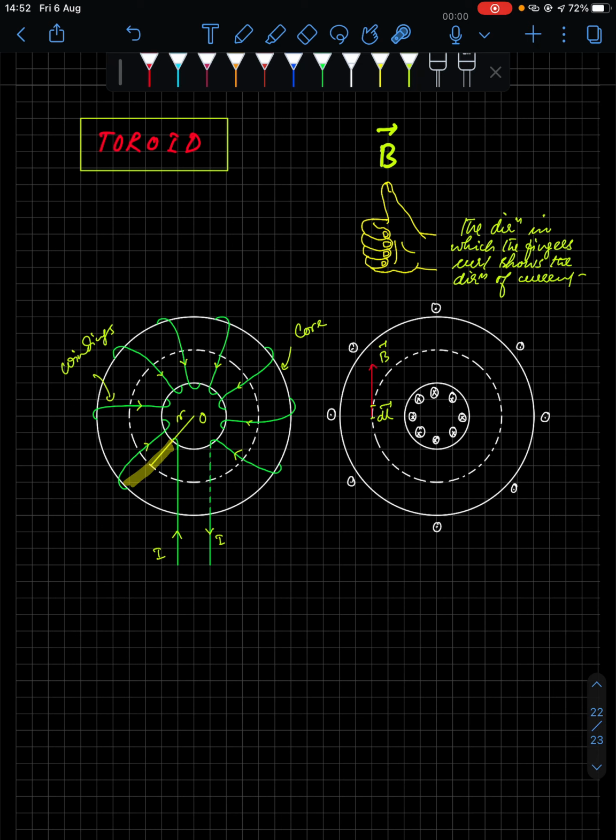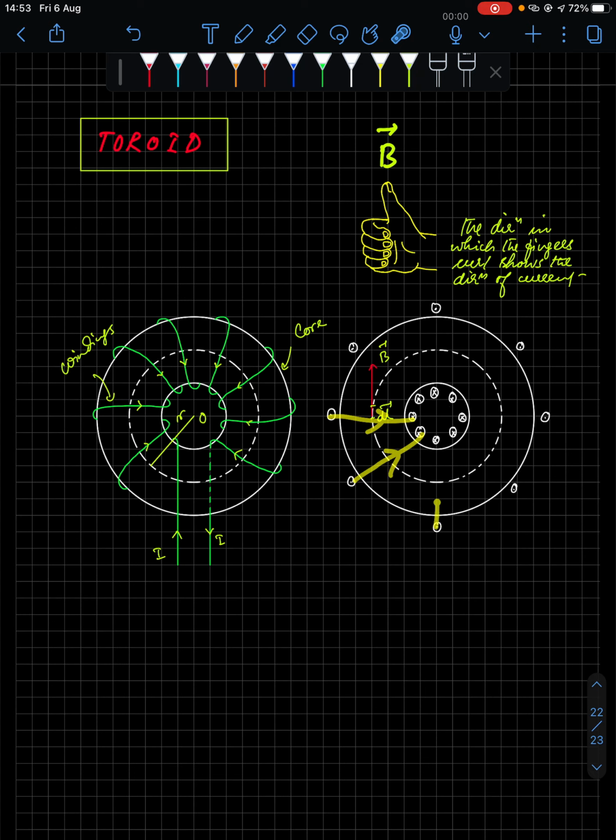Now this part is behind the page, again this part is above the screen, this part was behind the screen, and again the current is entering through this. So all you can say is that here you have dots, here you have dots, these are the regions of dots, and since current is entering here, these are the regions of cross. So the simpler representation is this: here you have dots, here you have crosses.